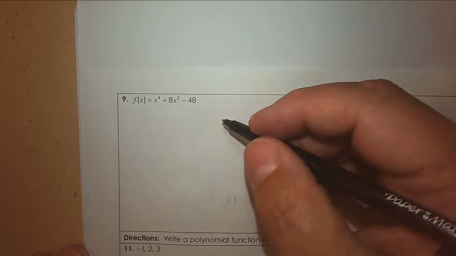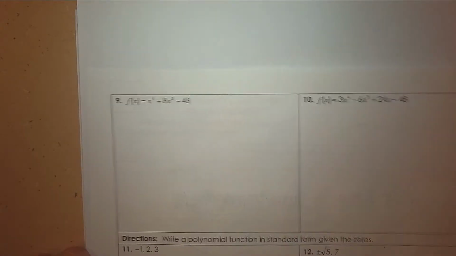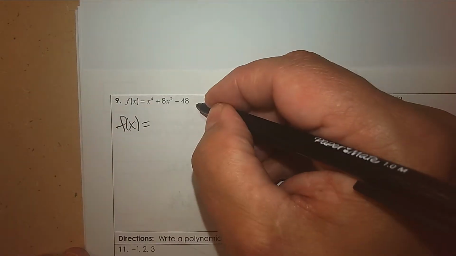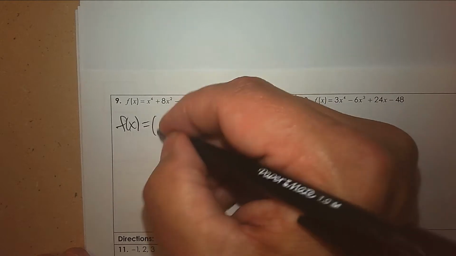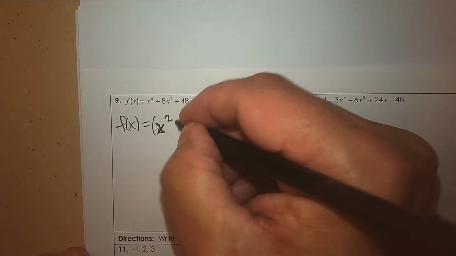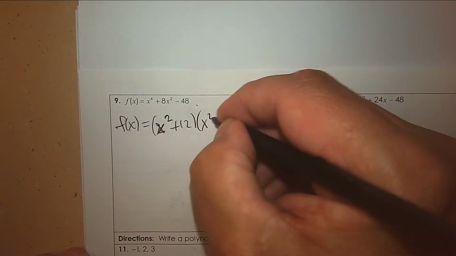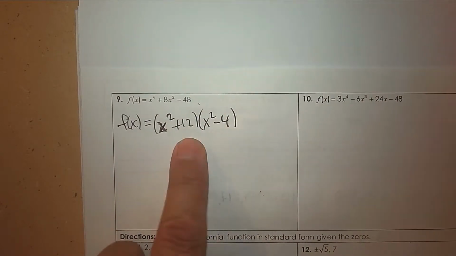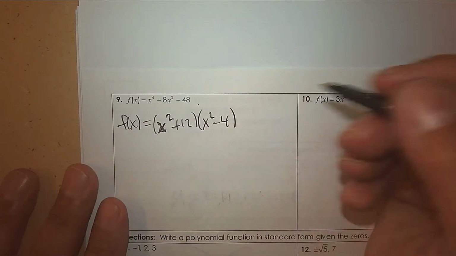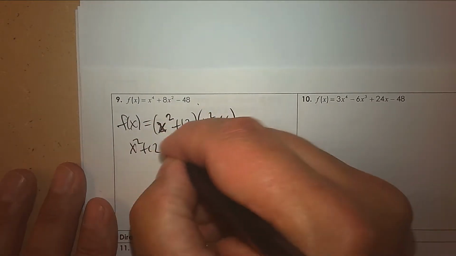So I first look at it as a trinomial. So two numbers that multiply to negative 48 and subtract to 8. So those two numbers are going to be positive 12 and negative 4. So 12 times negative 4 and 12 take away 4, they match. So if I take each factor equal to 0 and solve it,